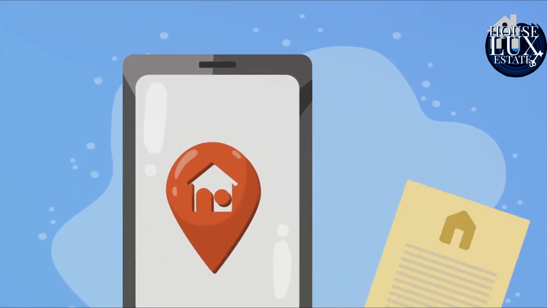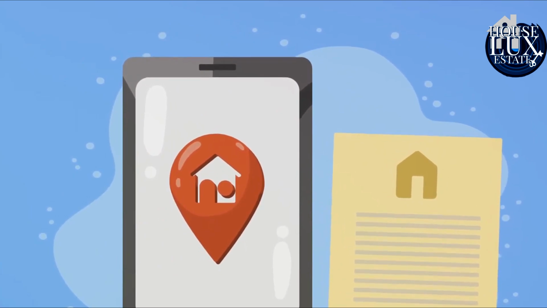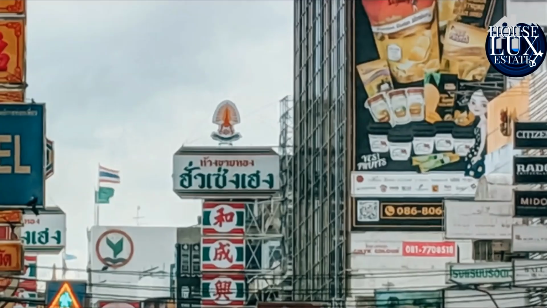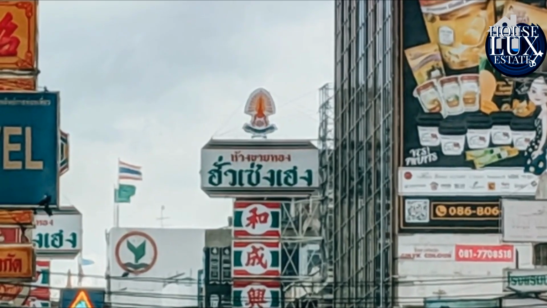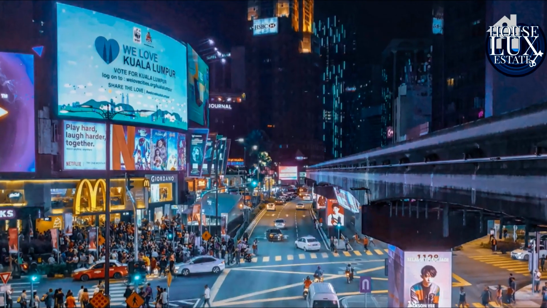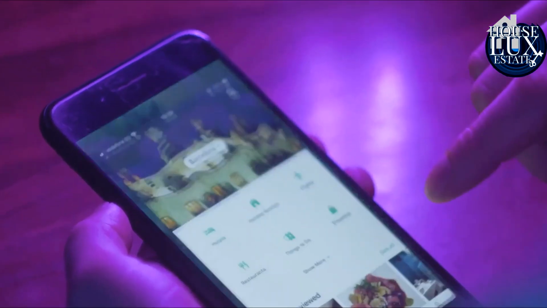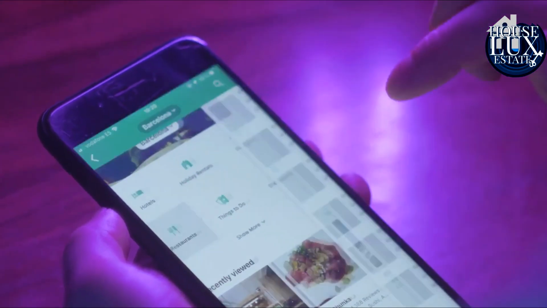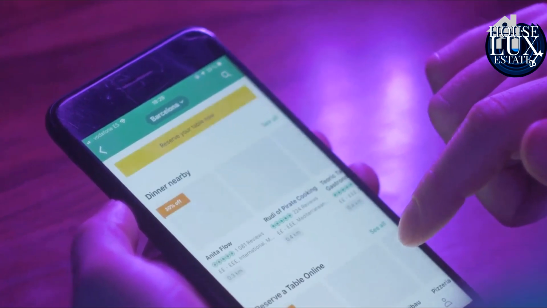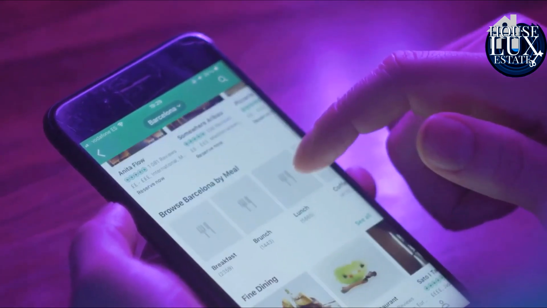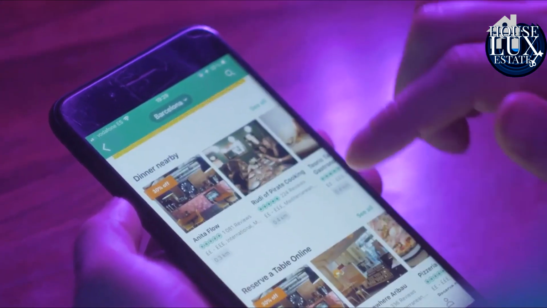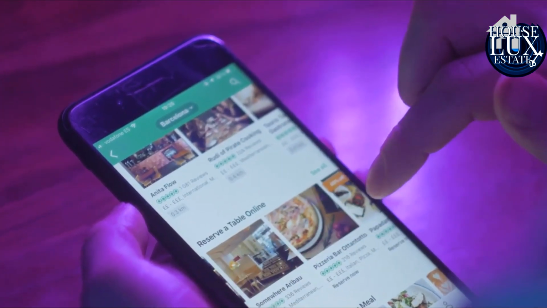By partnering with advertisers, you can display their ads in your app and get paid for it. Just remember to strike a balance so as not to overwhelm your users with ads. Then there's the premium version strategy. You can offer a free version of your app with basic features and a premium version with advanced features. Your app might be a labor of love, but that doesn't mean it can't be profitable.